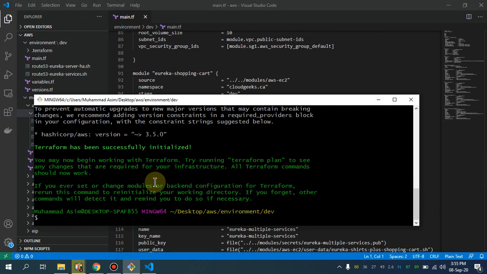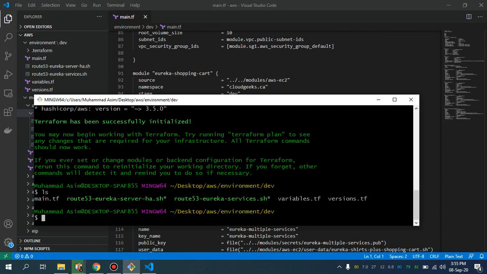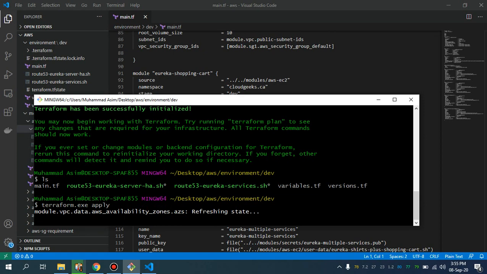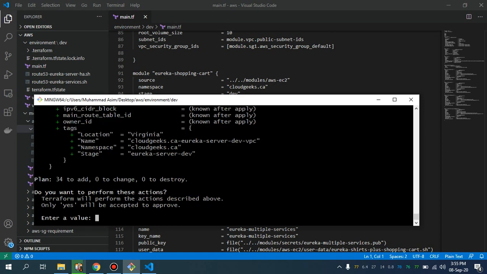So instead of doing the stuff manually, what I'm going to do is use the Terraform apply command, and it is going to build up a custom VPC through the Terraform version 13 code, and it is going to launch 3 or 4 instances and automatically deploy the stuff for our lab environment.